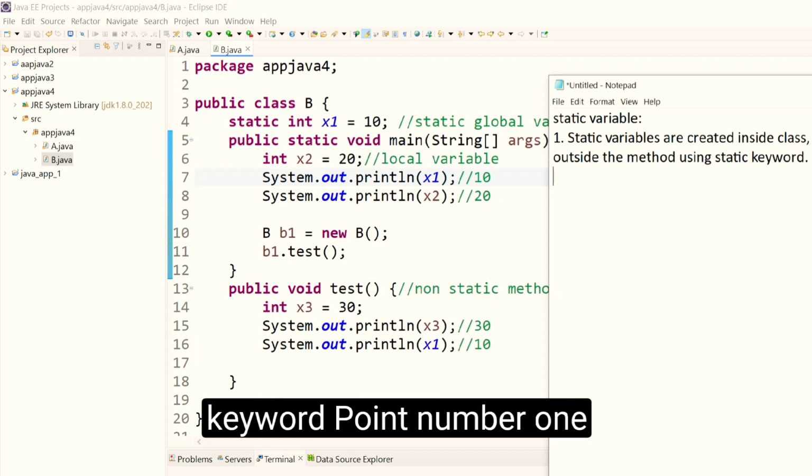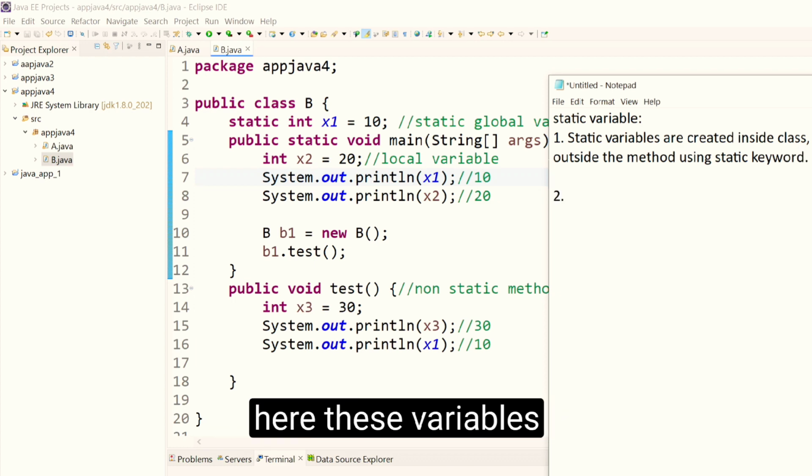Point number 1. And point number 2, these variables have global access,